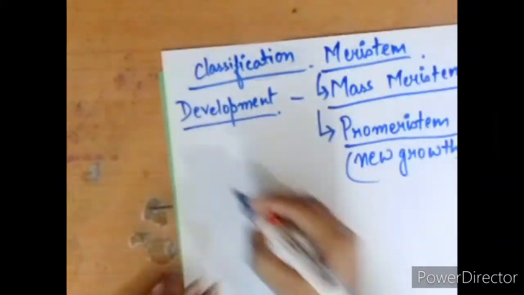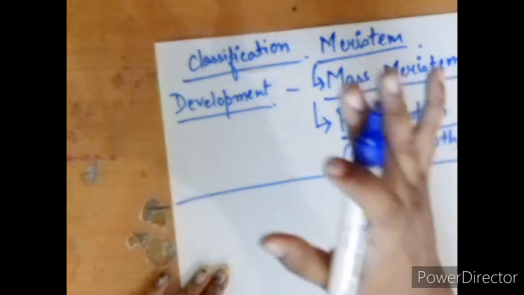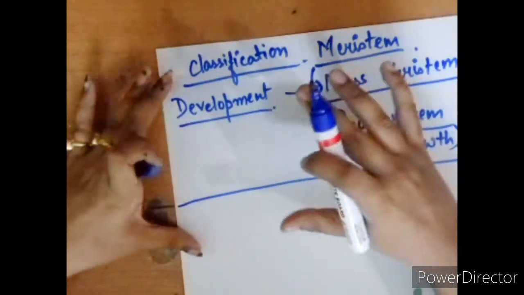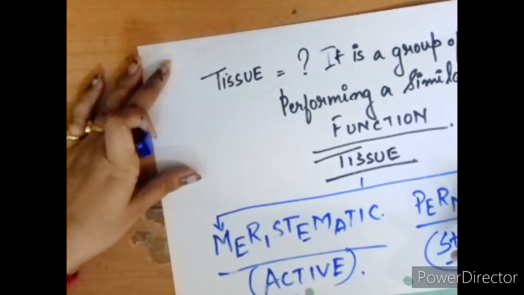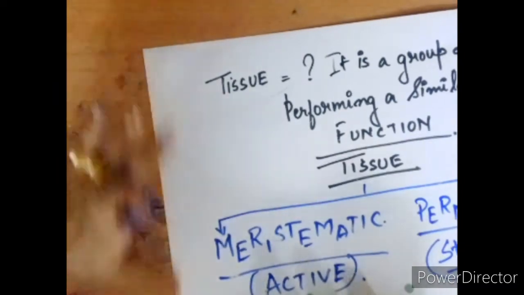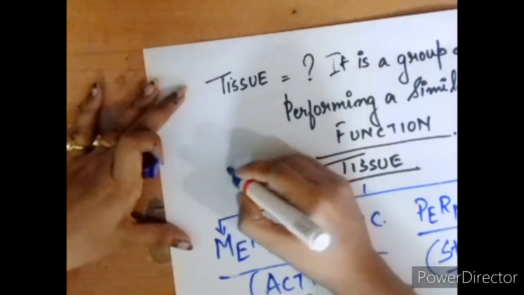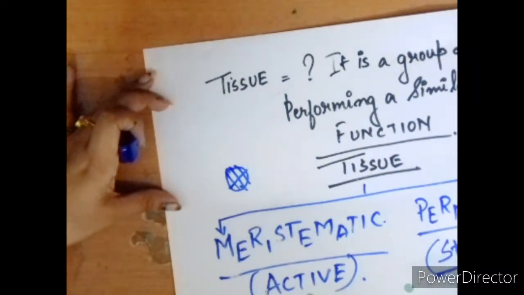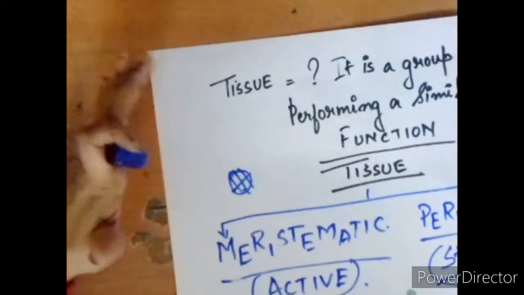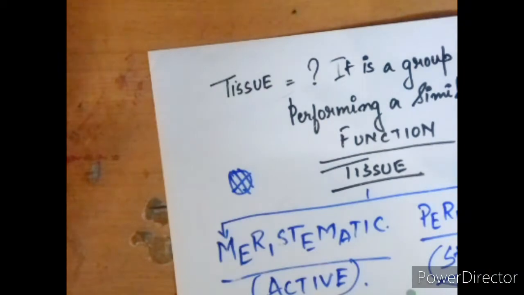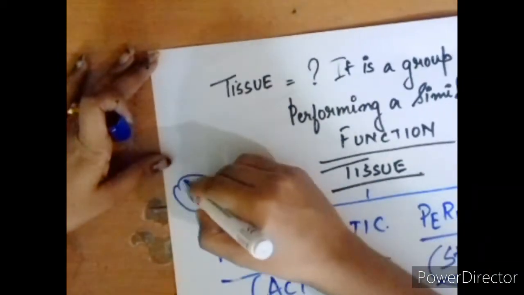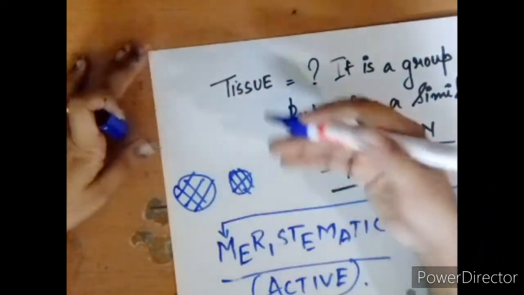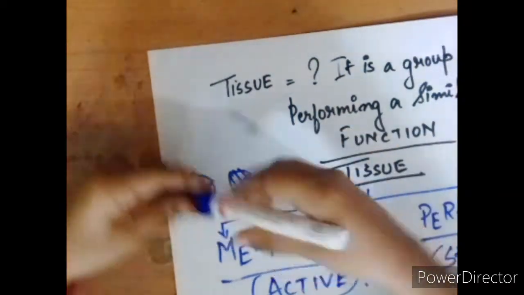Now according to this, it is done. So what can we say? Just to recapitulate, there are first of all two types of tissues, that is meristematic and permanent tissue. Meristematic goes for active cell division, that means the cells are always dividing, okay. And the permanent tissue is stagnant, that means once it has been told to do certain work, it will do only that particular work, not else. But meristematic continues to divide, and they continue to do their work, different functions.